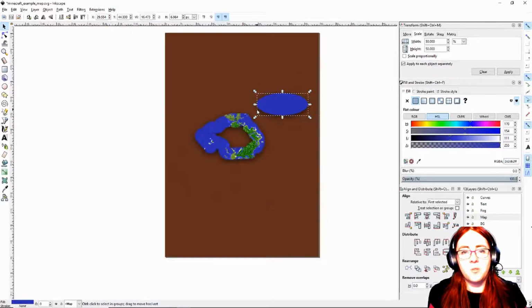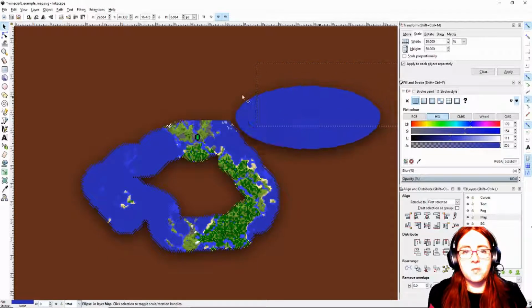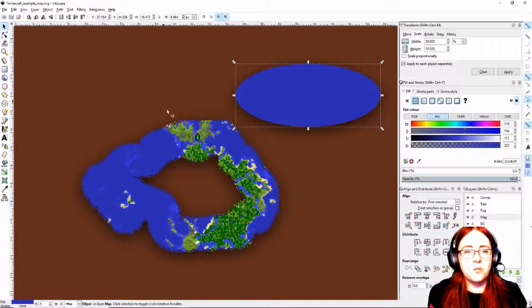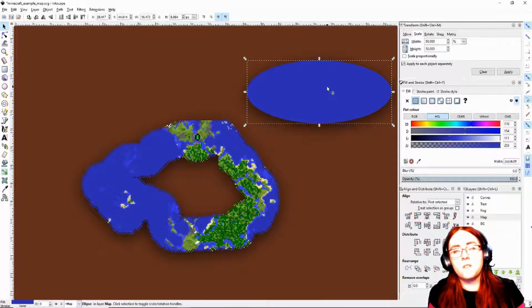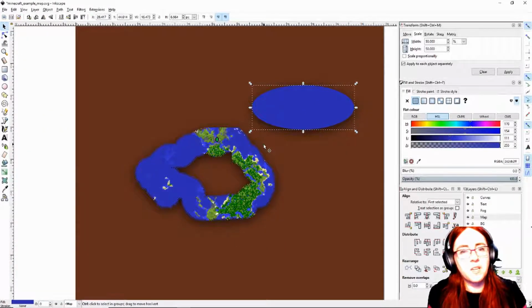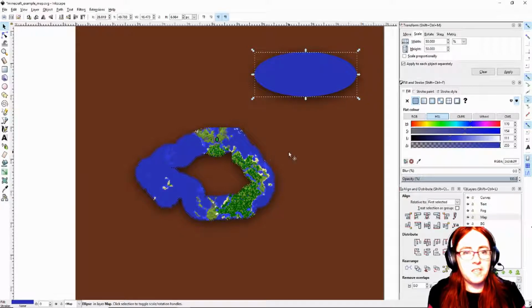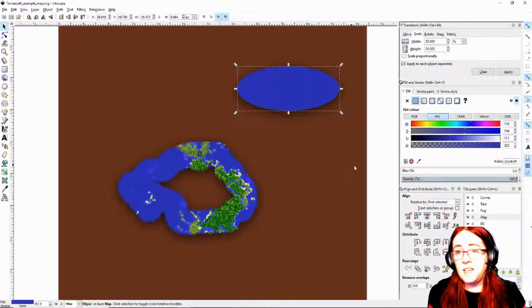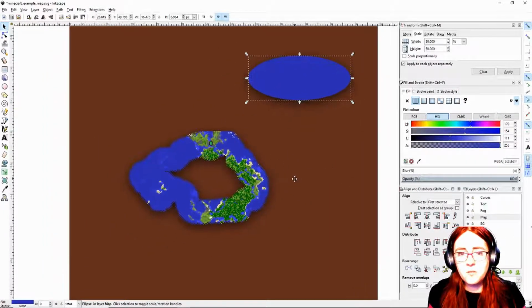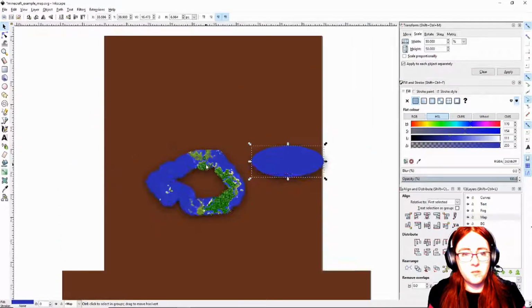So what we might end up doing in some cases is filling in bits of the map with solid colors, and that's one way that we can do it. We can also do that in GIMP before we bring it into here. Right, that was the first effect that I wanted to put onto the map. I want to do the same for text,